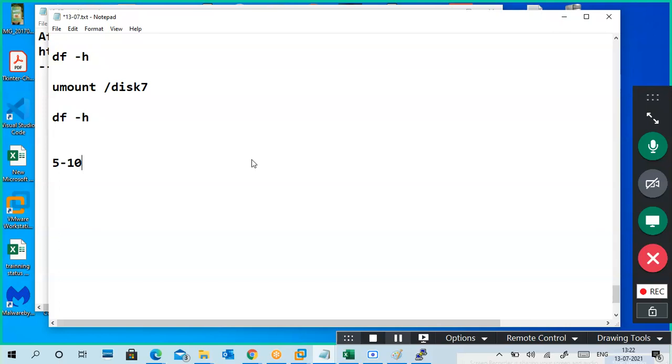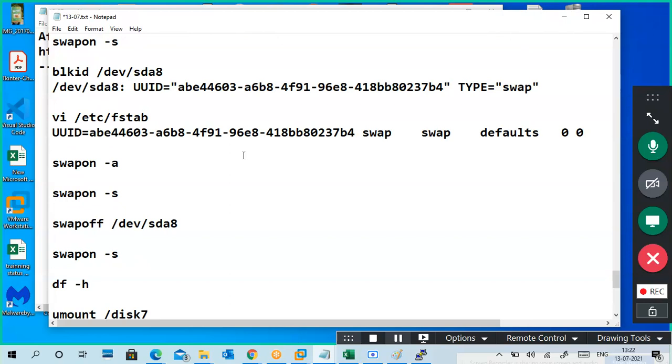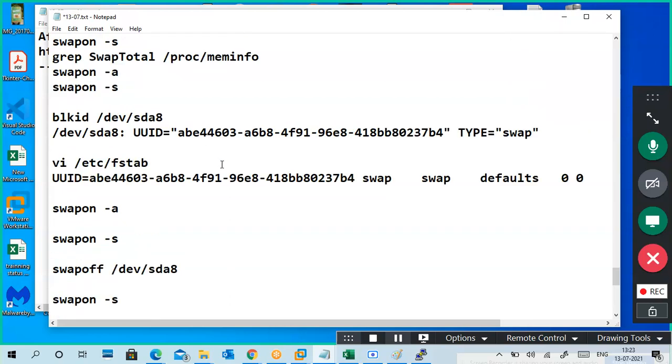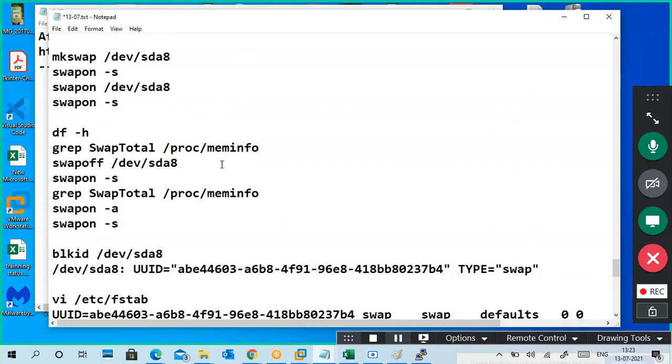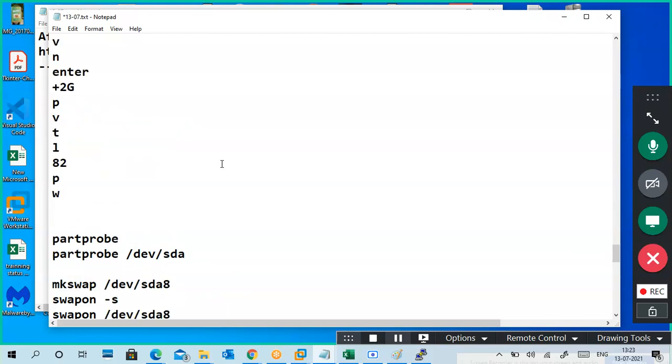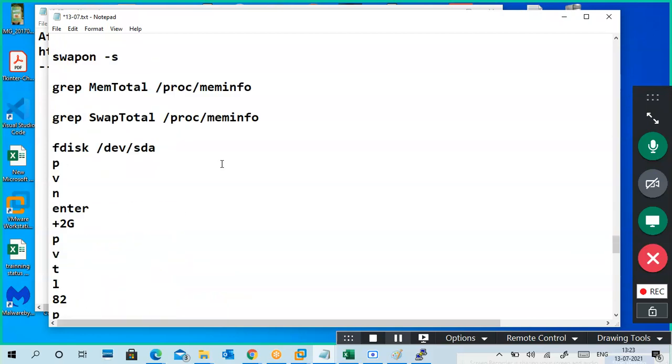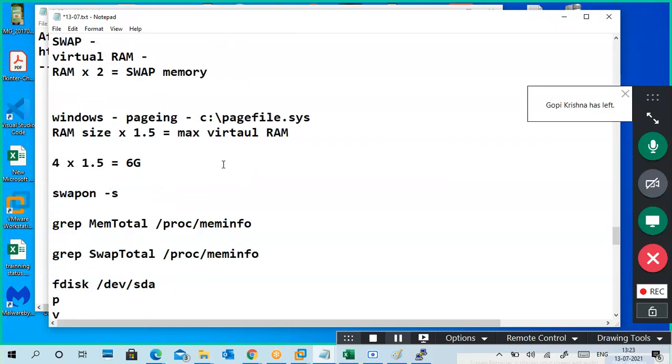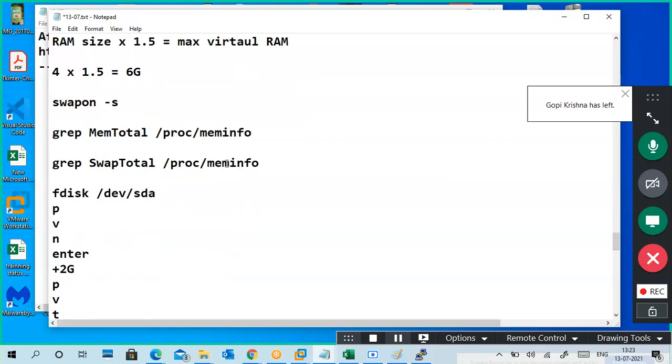Okay, and you are learning for the first time, whatever branch you are from, whether you are mechanical or CSE, you are learning it for the first time. It is not that easy to understand or remember everything at one time. But the only thing is you have to practice. There are very few commands, but more important are the verification commands. If you understand the concept, then you understand the points.